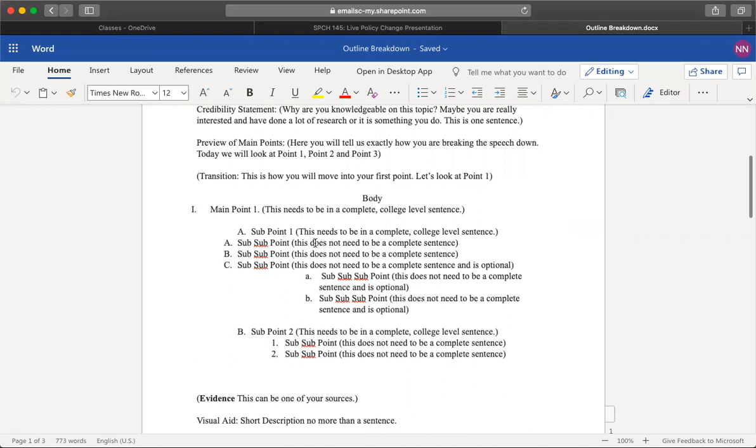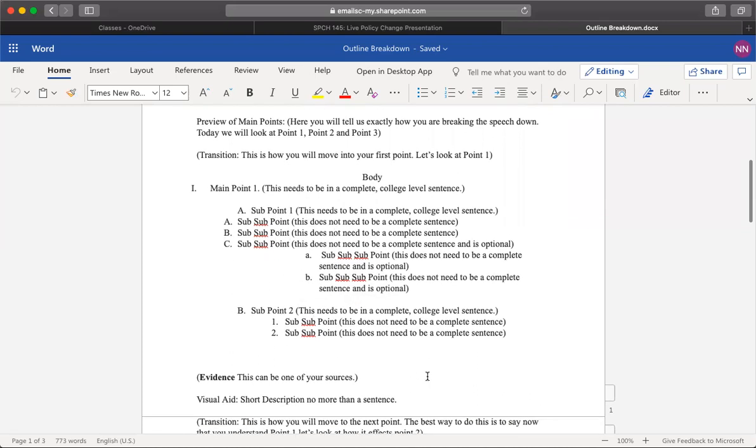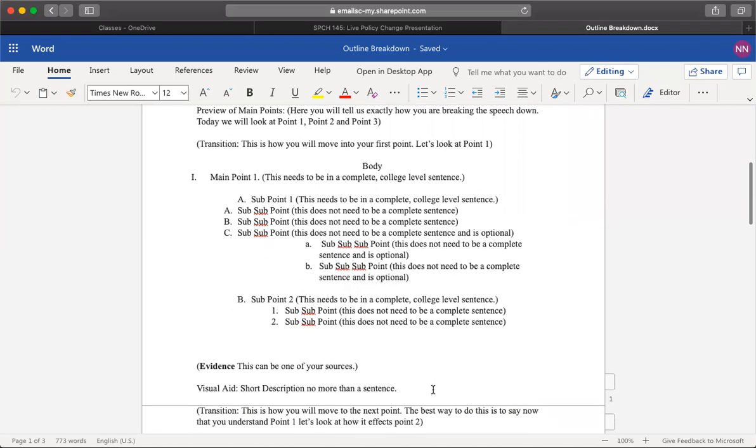Normally people end up with one, maybe two subpoints. Very rarely do I see sub-subpoints, but if you really feel the need to be really detailed, you're welcome to have that. All right, so the way I suggest it, you have to have three main points